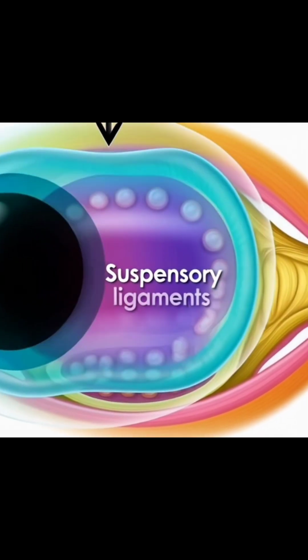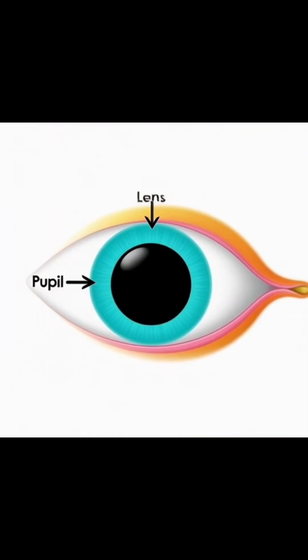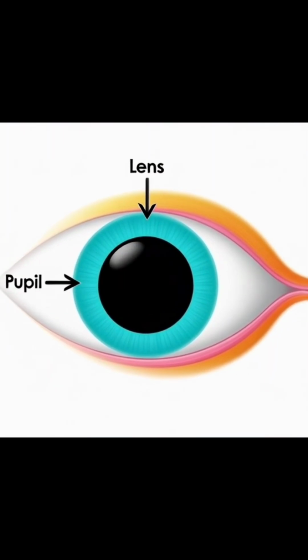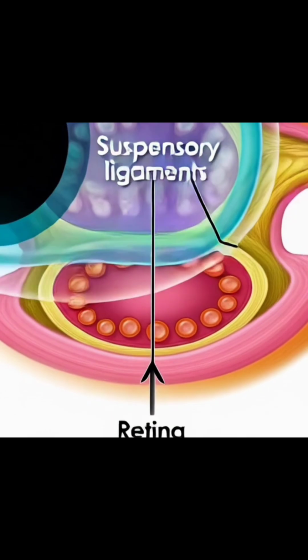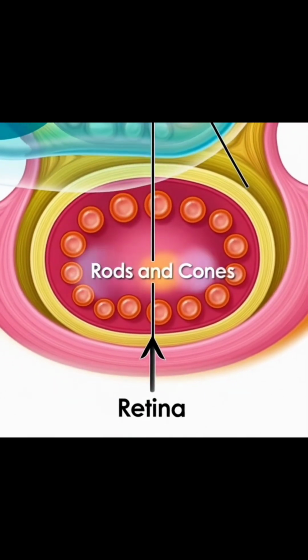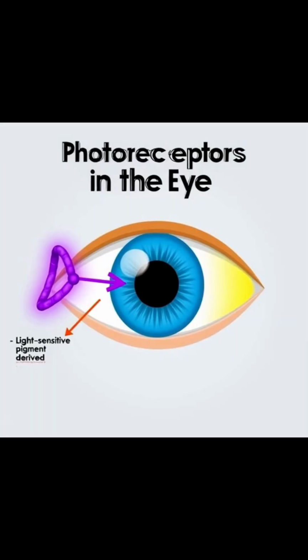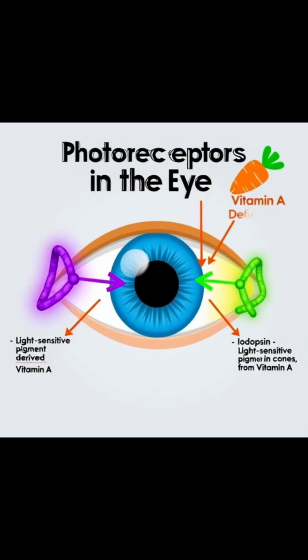The inner layer is called retina. It contains photoreceptor cells and neurons. Photoreceptor cells are called rods and cones. Rods are responsible for dim light. They give us the image of the object but not its color and detail, while cones are responsible for visualizing